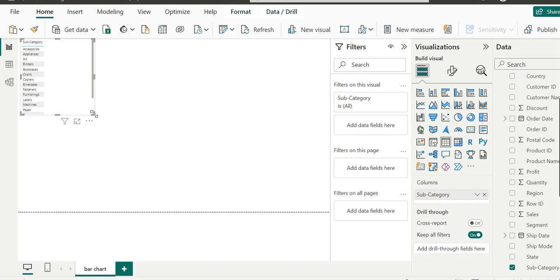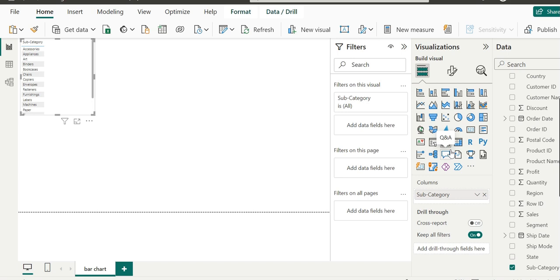You can also see the table control selected in the visualization toolbox. It is highlighted in the fifth row, third icon from the left.